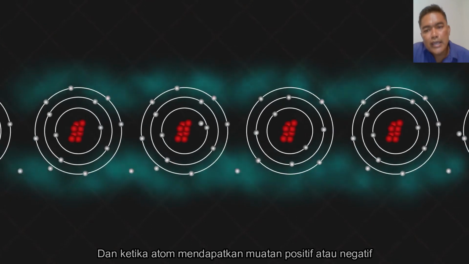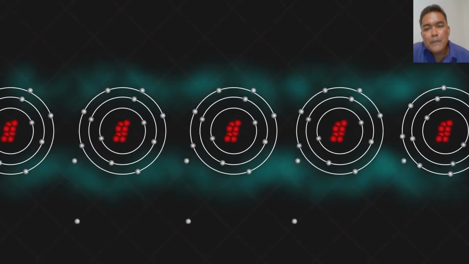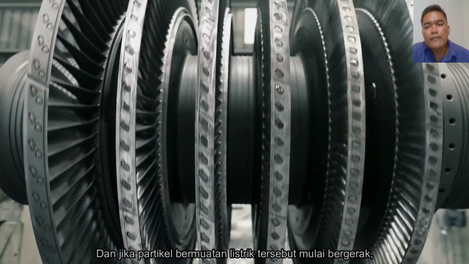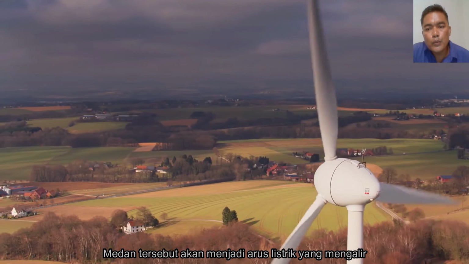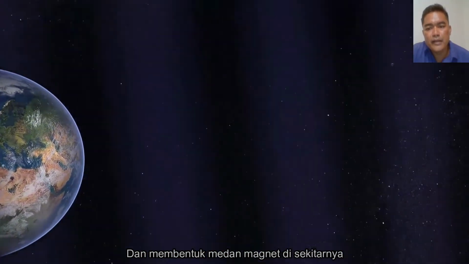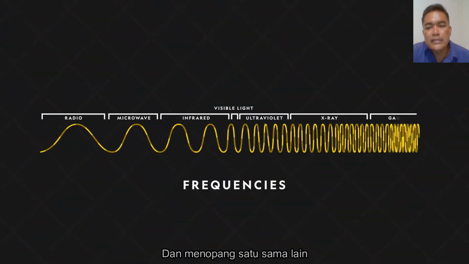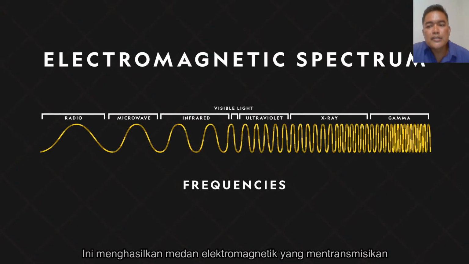When atoms gain a positive or negative charge through the transfer of electrons, a measurable electrical field will be formed. And if those electrically charged particles start to move, the field will become a flowing electrical current and form a magnetic field around it. Under the right circumstances, interacting electric and magnetic fields can continuously produce and sustain one another. This will generate the electromagnetic field